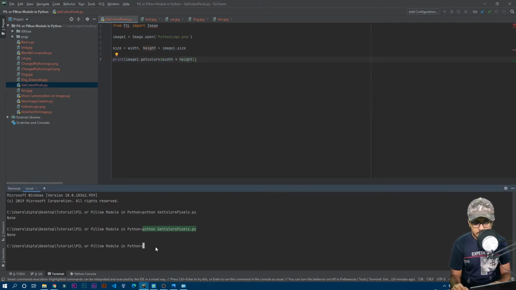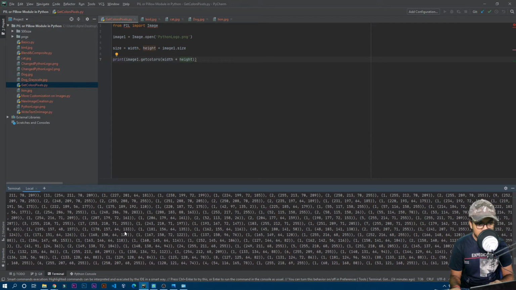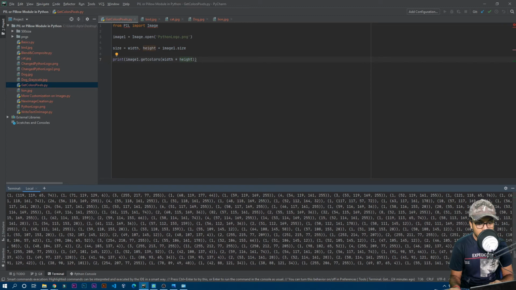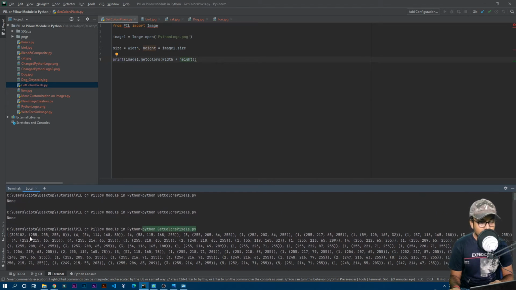Now if I run this Python file again, you can see it printed all the colors present in that image. If I quickly go up, you can see 255, 0 is repeated 3,25,182 times.